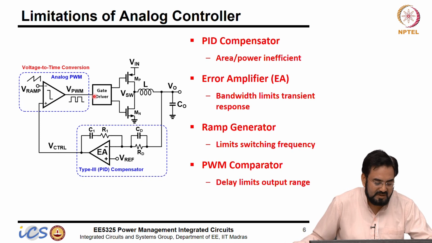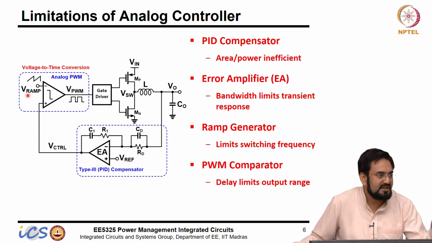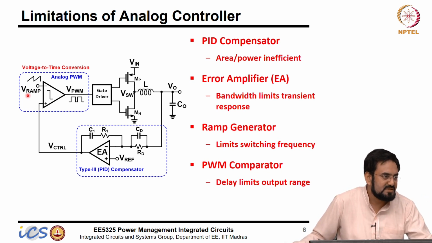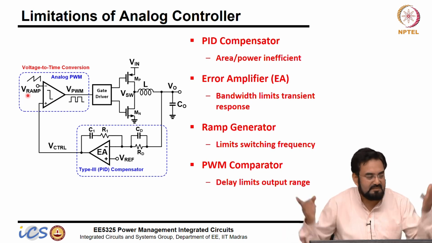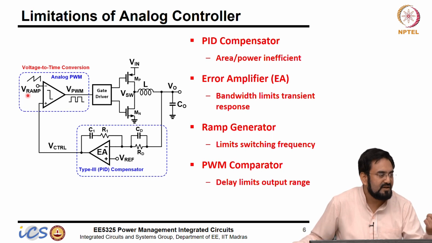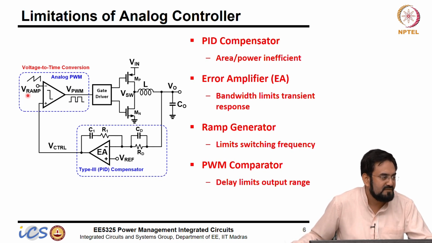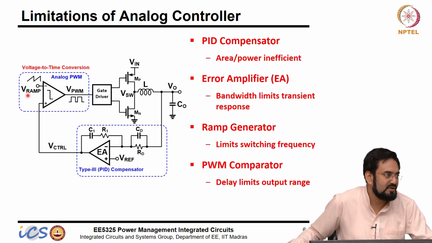Then basically that will limit my duty cycle if you have a large error. Same thing with the ramp generator, you require a reset. Reset will require some time, and that time has to be very small compared to your switching period. So when you are increasing, let's say I am running at 100 megahertz, then I cannot have 1 nanosecond reset time. It's almost 10% of your total time. So it should be a very small fraction, let's say even much less than 1%.